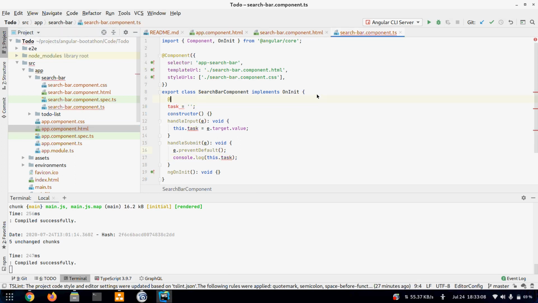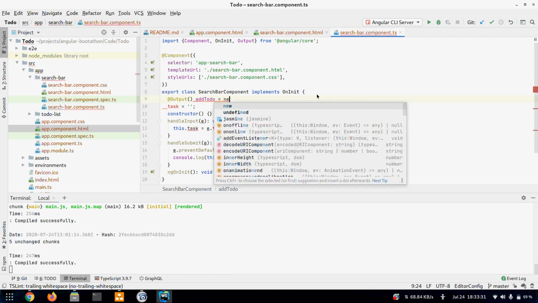So I'll first add the @Output, then I'll add any name that we want to give to our event. Just make sure that this name and the name the parent registers for the event should be the same. So I'll name this anything like addTodo.